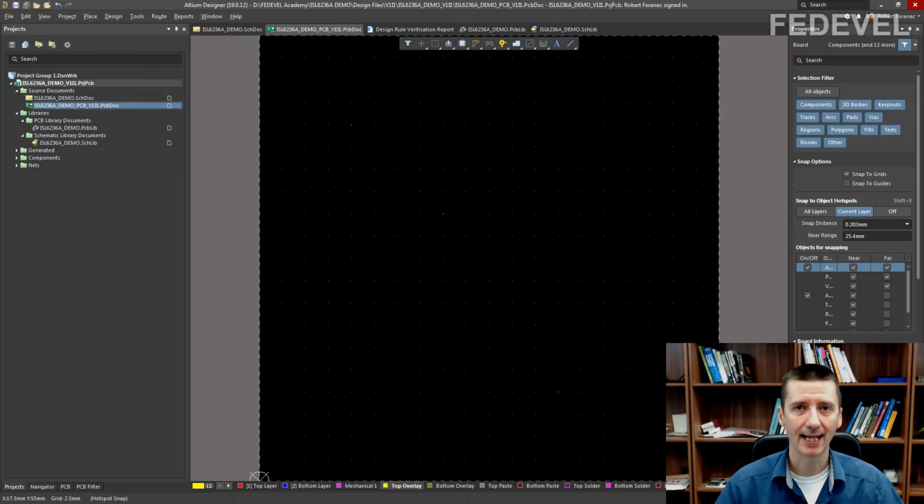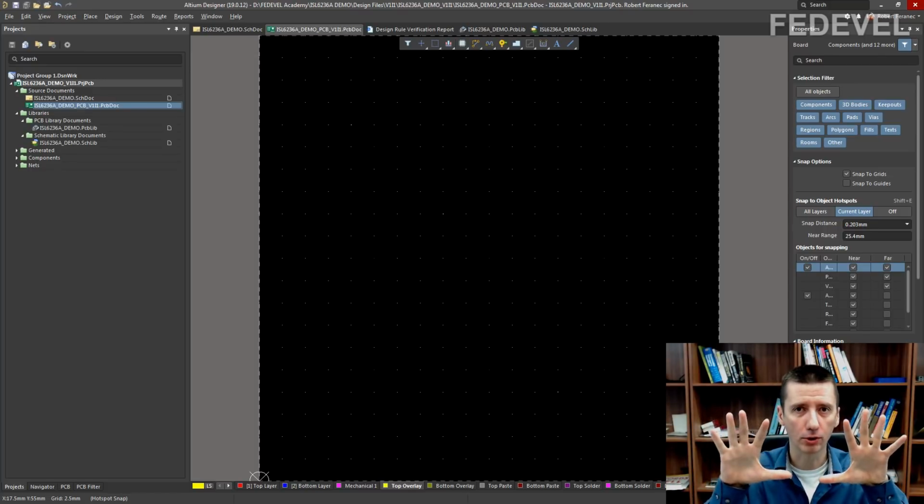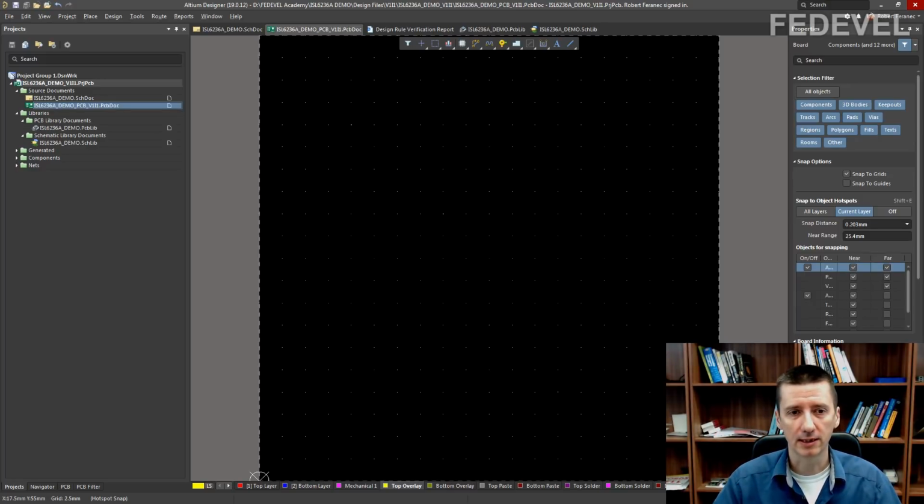I'm going to split my Altium because I would like to see schematic and I would like to see also PCB. If you have two monitors, you can do it this way. Just hover cursor over PCB tab, press left button on your mouse, hold it down and move it on the second monitor. Release the left button. This way you will have schematic on one monitor and PCB on the second monitor. Very, very useful.